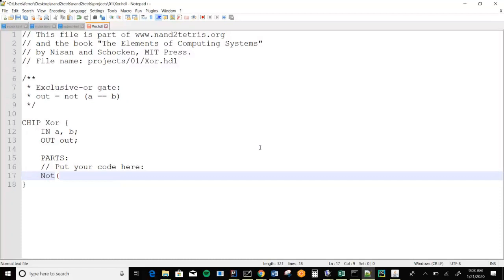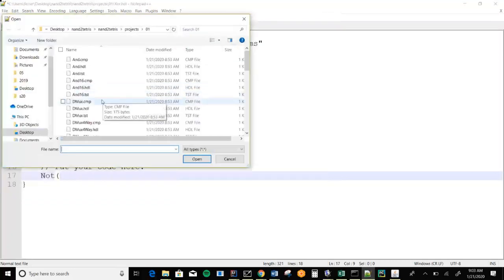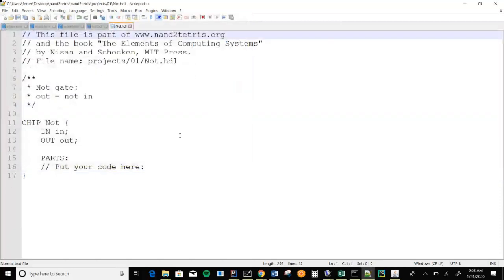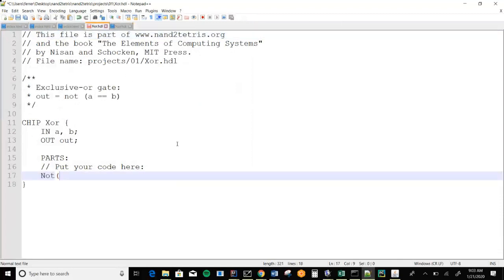And actually let me look at NOT and figure out how I can use it. So I'm going to go to not.hdl. And I see that a NOT gate has a single input pin named in and a single output pin named out. So coming back over here to XOR, I can say that the in for NOT is going to be A. So what I've done here is I've said, I want there to be a wire from A to the input bit of this NOT gate.